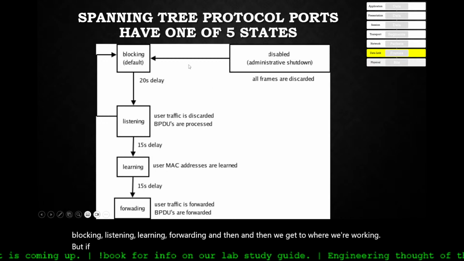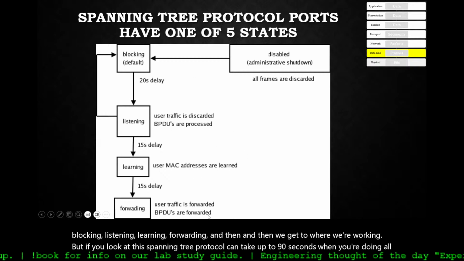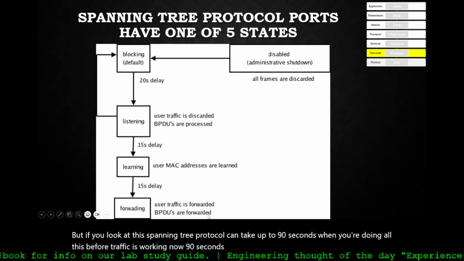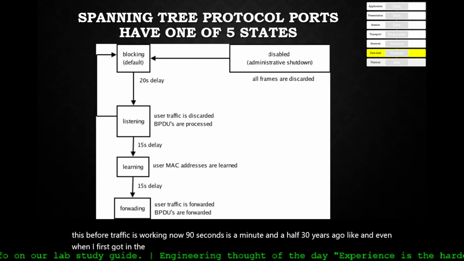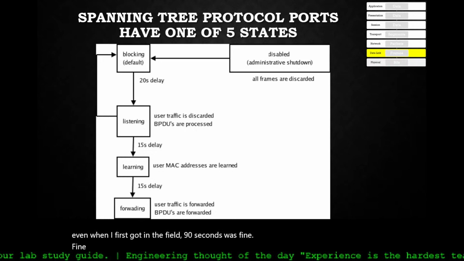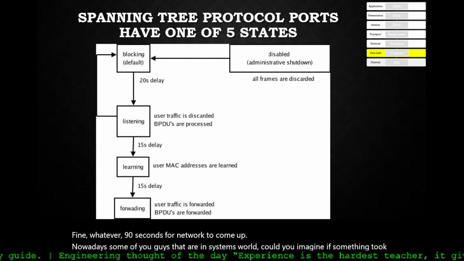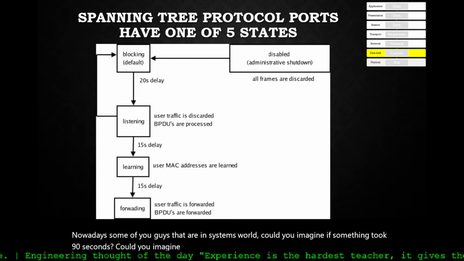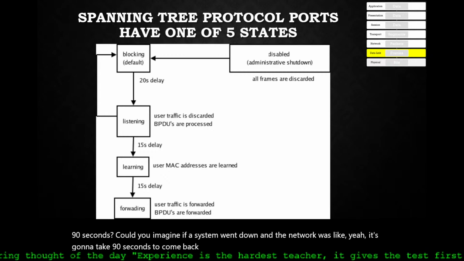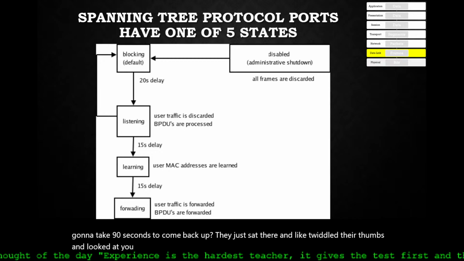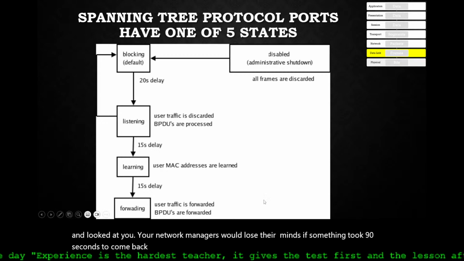But if you look at this, spanning tree protocol can take up to 90 seconds when you're doing all this before traffic is working. Now, 90 seconds is a minute and a half. 30 years ago, and even when I first got in the field, 90 seconds was fine. Fine, whatever. 90 seconds for a network to come up. Nowadays, some of you guys that are in the systems world, could you imagine if something took 90 seconds? Could you imagine if a system went down and the network was like, yeah, it's going to take 90 seconds to come back up? They just sat there and twiddled their thumbs and looked at you. Your network managers would lose their minds if something took 90 seconds to come back, right? So what happens here,